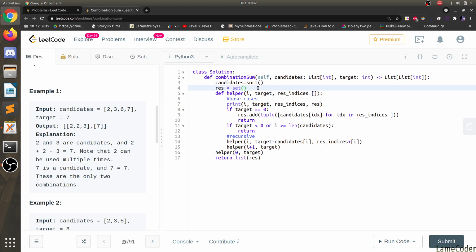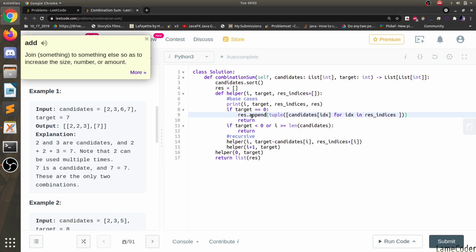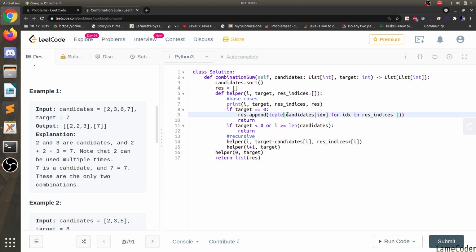Instead of taking set, let's take a simple array and append it. Because somehow it will always be unique since I have already sorted the array, or it won't be. Yeah, it might not be unique always. We need to take set, and